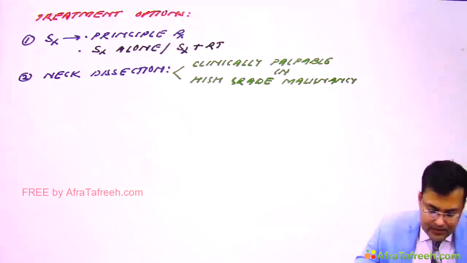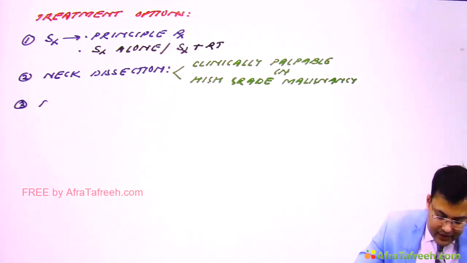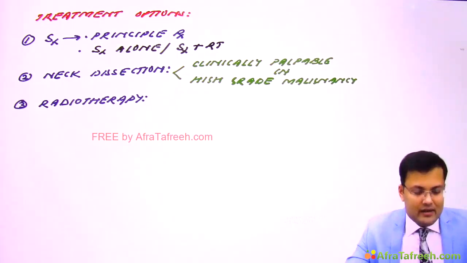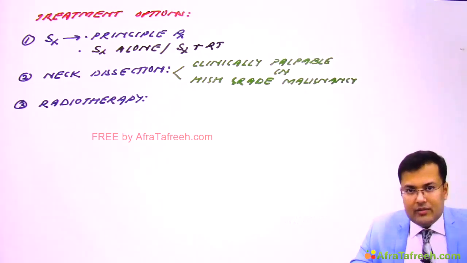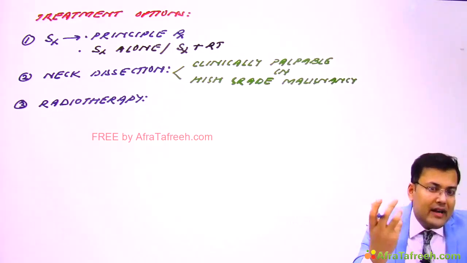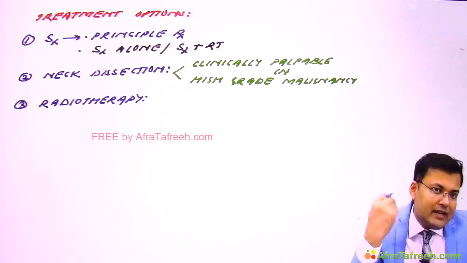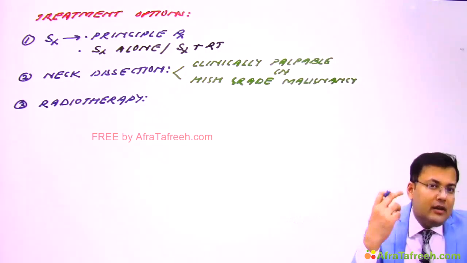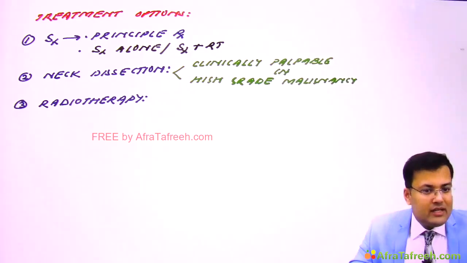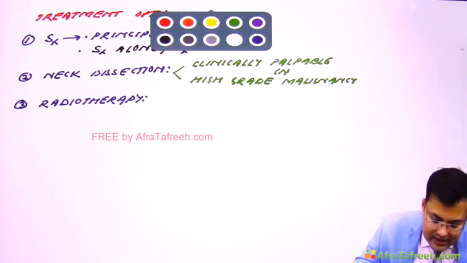Okay. Third treatment option, radiotherapy. So in which cases we give radiotherapy? This is a famous question which is asked almost every year in relation to head and neck. So what are the indications of radiotherapy? Now see, whenever the primary tumor is large, it's of high grade, there is involvement of cervical lymph node, there is involvement of nerve, means there is perineural invasion, there is bone invasion, or there is positive margins. So in all these cases we go for radiotherapy.